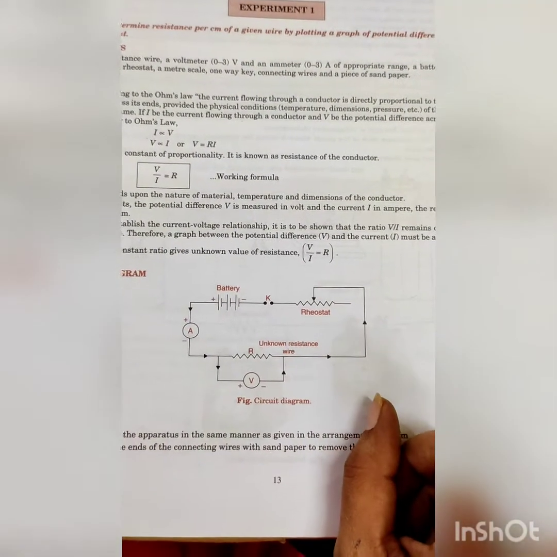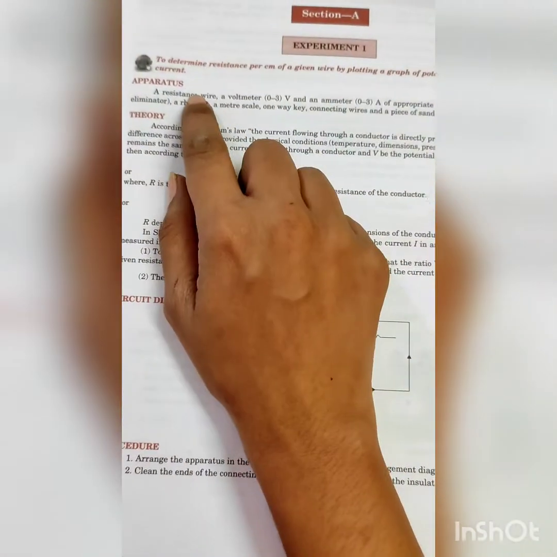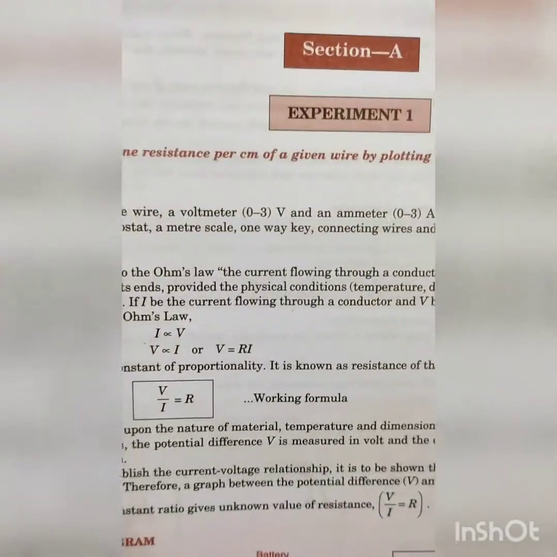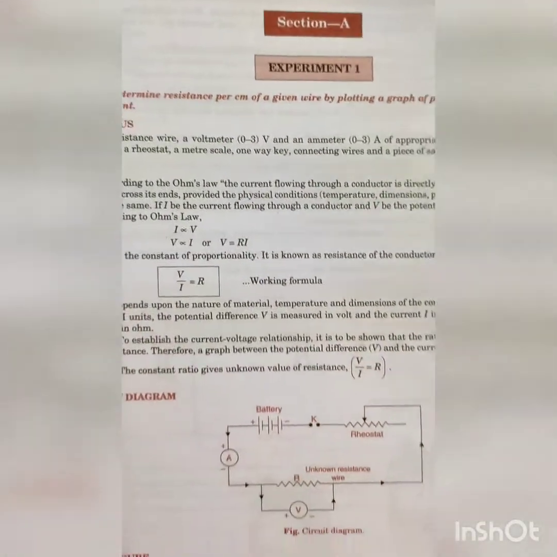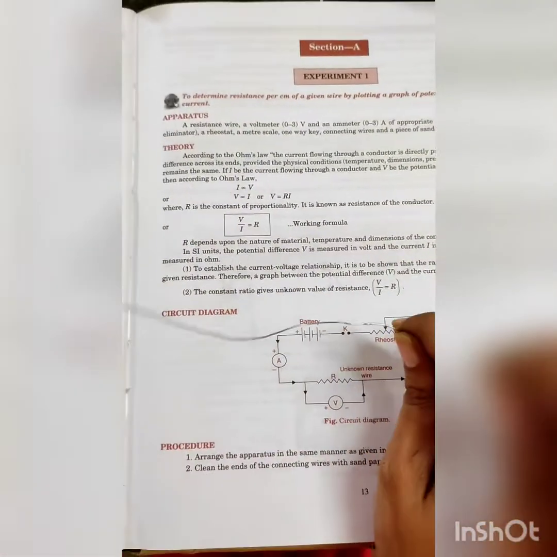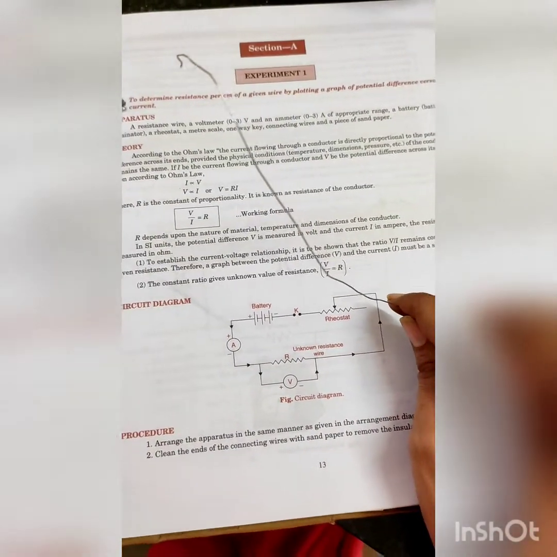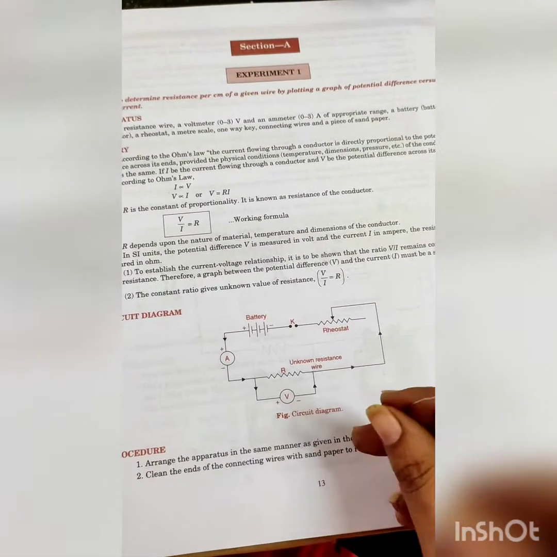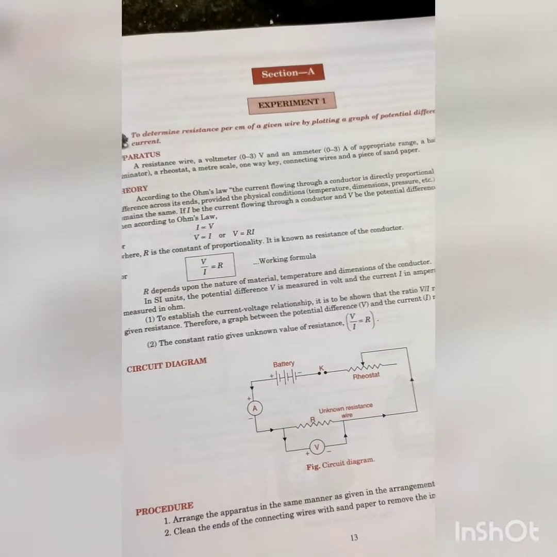Firstly, see what are the apparatus required. Here firstly it is given as a resistance wire. So we will take a wire which may be of any length, and you have to find it with the help of the meter scale. This is what the wire is. This is made of an alloy, that is nichrome. This will be connected to the voltmeter as shown in the diagram, that the resistance wire is connected parallel to the voltmeter. So we will be connecting this wire parallel to the voltmeter. This is the wire to which we have to find out the resistance.